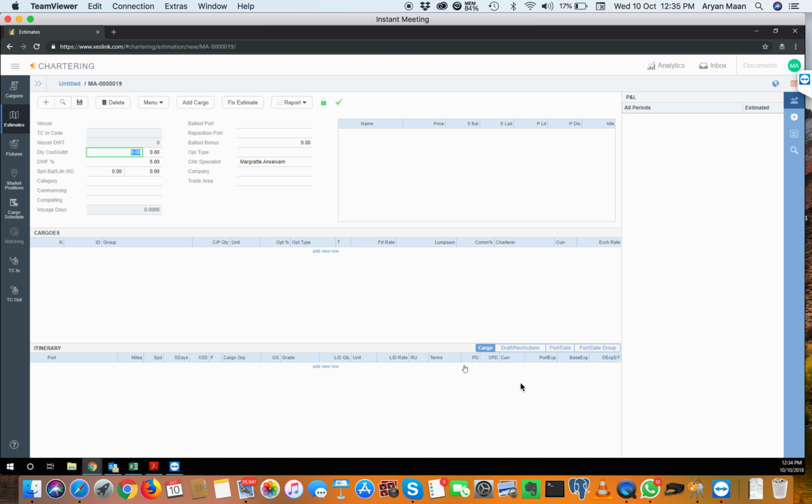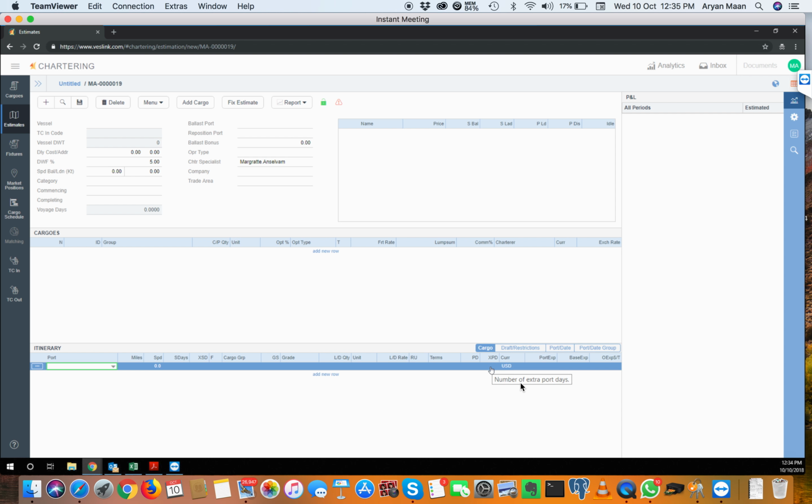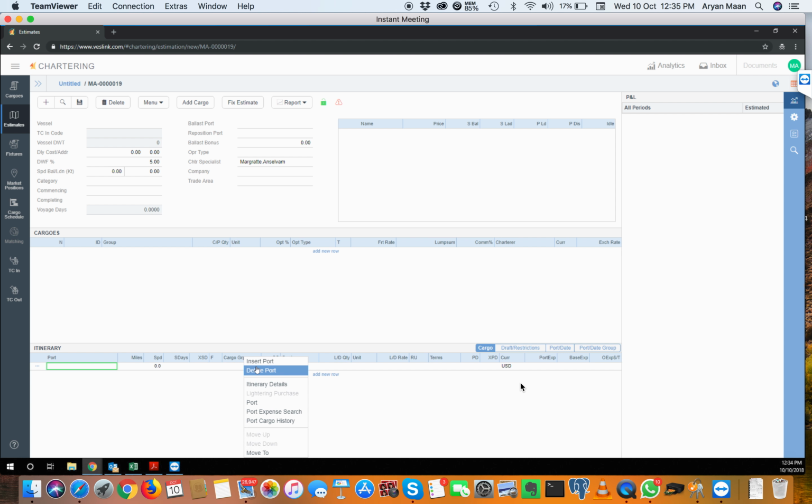So for our flexibility, we will keep how many extra days we can, depending on charters and stuff like that. So we add the port, everything, then the port data goes in here and all this. The miles automatically get calculated. So speed will be